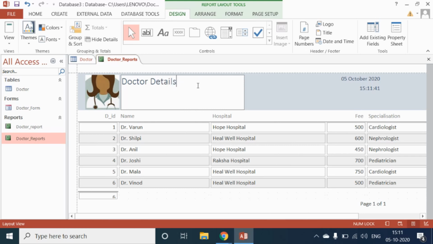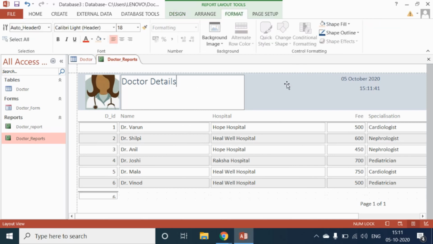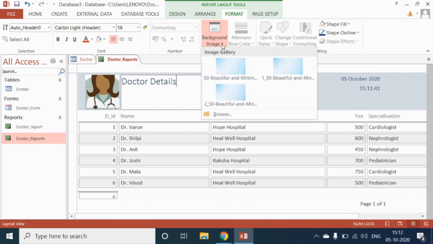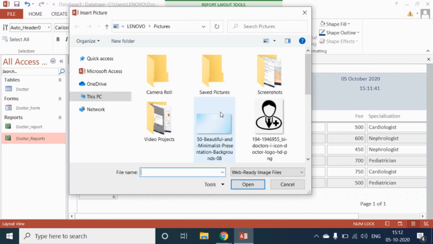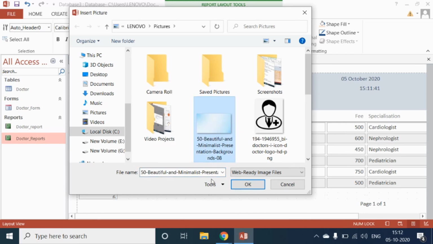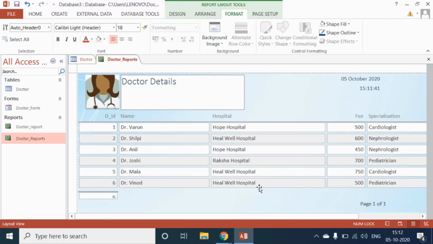Now let's go to the Format tab. First of all, let's insert a background image. Click on Background Image in the Background group, and click on the Browse option. Here I am selecting this picture and click on the OK button. You can see that our background image is set. Now click on the title of the report, go to the Font group and change the style of the title.